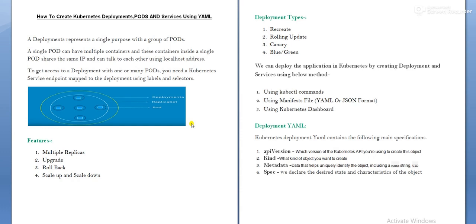When you create a deployment, it will create pods, containers, and a replica set. If you can see the diagram, the outer layer is the deployment. Suppose I created one deployment, as per my specification it will create a replica set. Suppose I have defined in my YAML code that my replica count will be 4. That means it will create 4 replicas, so in that case it will create 4 pods for you.